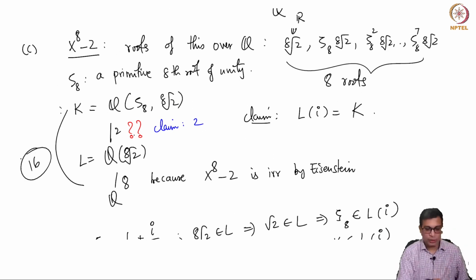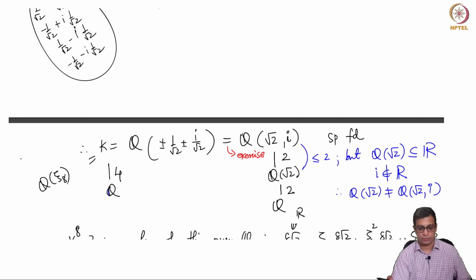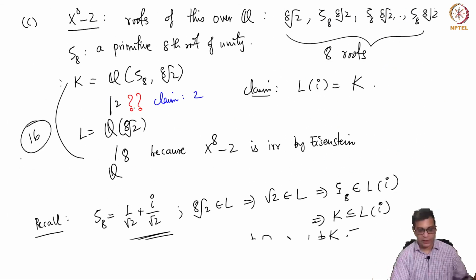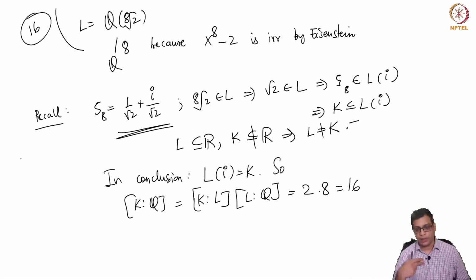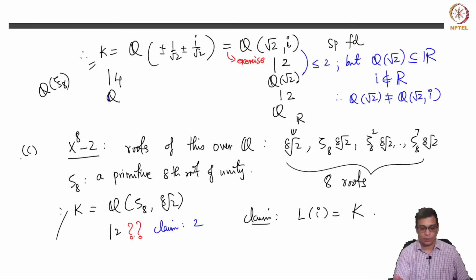Okay, so I am sorry that I went very fast over the last part of this problem, but I hope this gave you an idea of how to use various results that we have recalled and compute the degrees of splitting field extensions. In the Galois theory course, we are going to further analyze these splitting fields. We know now how to compute the degrees, but we are going to talk about automorphisms of K which fix Q. Okay, so that is the goal for us in the rest of the course. Thank you.